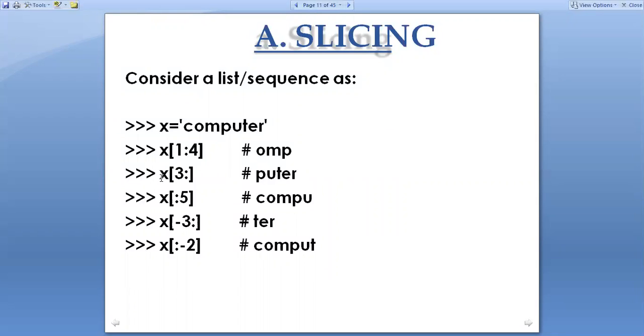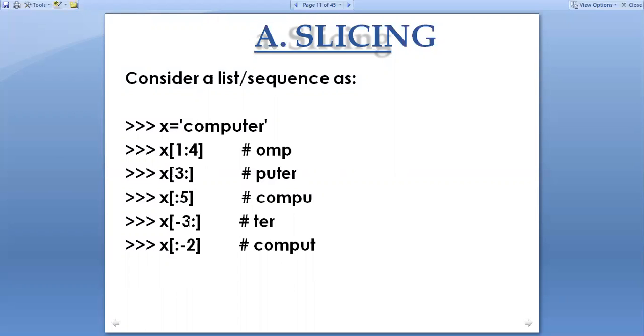So now x colon 3 means the beginning 3 will be removed, other characters will be printed here. Colon 5, beginning not given any, so only 5 characters it will print. 1, 2, 3, 4, 5. From computer these 5 characters will be printed, beginning not given there. So 3 colon 5 here, 1, 2, 3, 4, 5 till U, all the characters will be printed because there is a number before the slash, no numbers is given here.